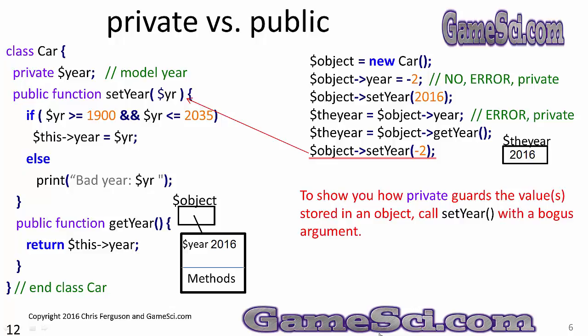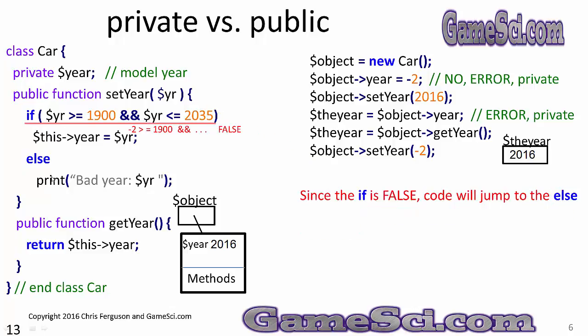Year was a public variable. We could do this line of code up here all day long and put a -2 in the year of the car. But what does a car -2 mean? There's no such thing as a car built in the year -2. So what we want setYear to do is be a good set method and make sure that the data is